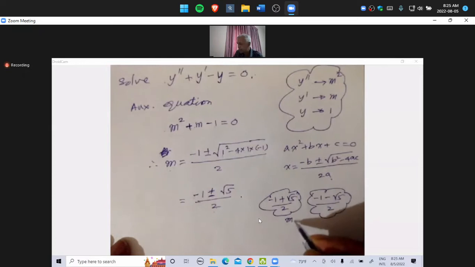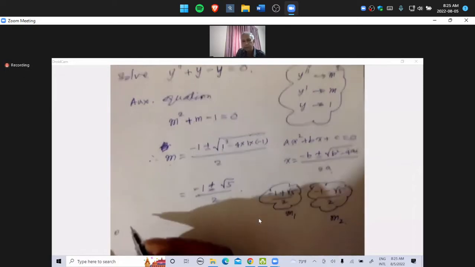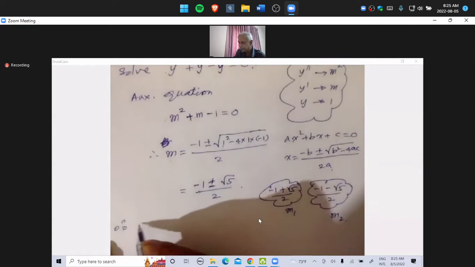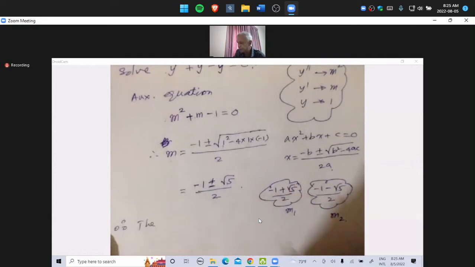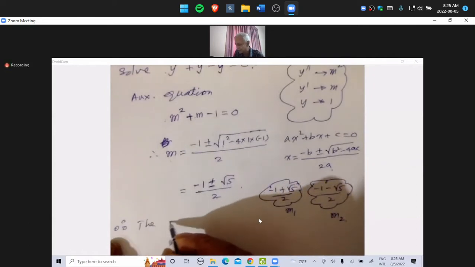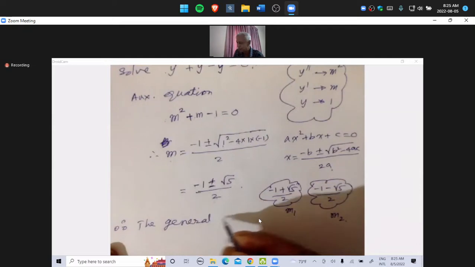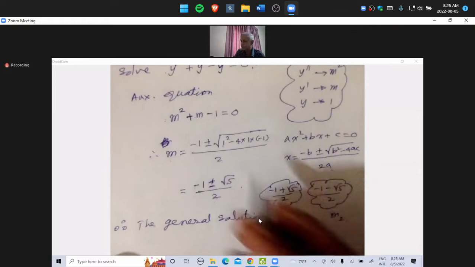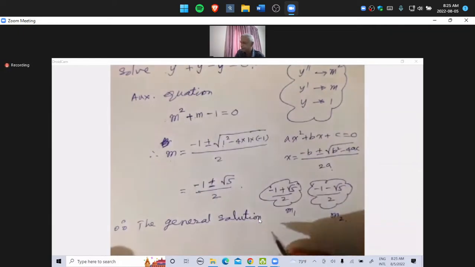This is like m1, this is like m2. Therefore, the general solution of the given differential equation